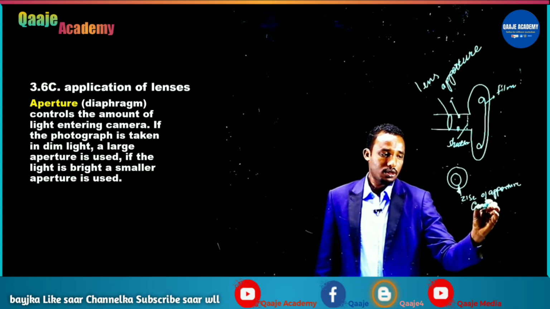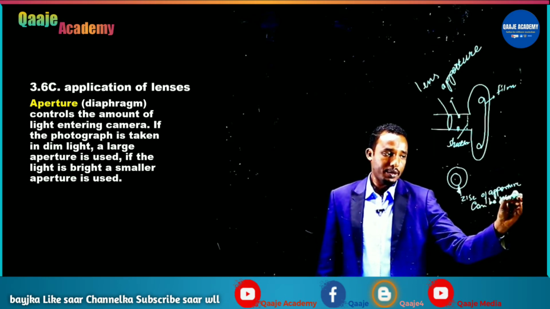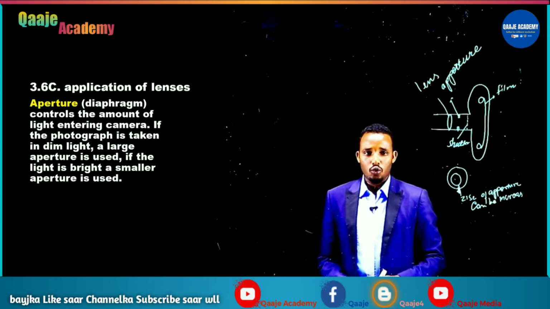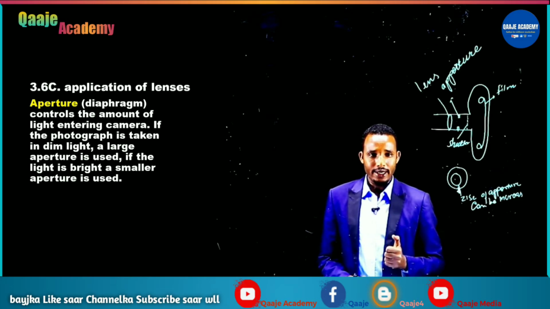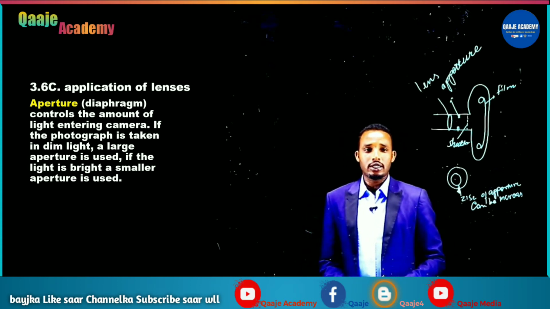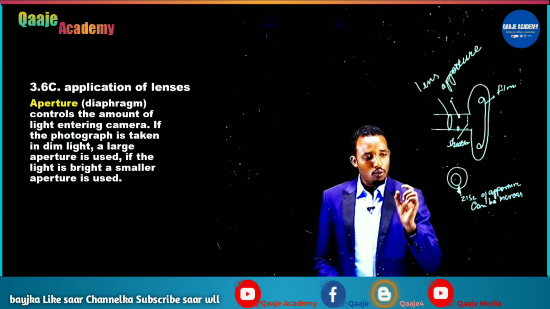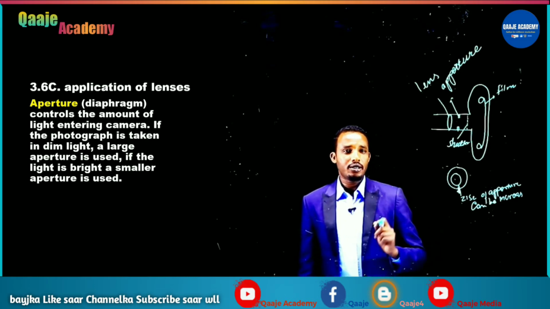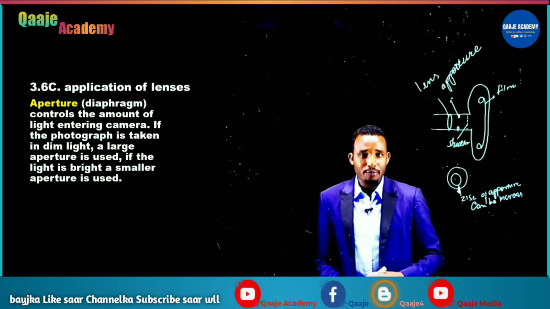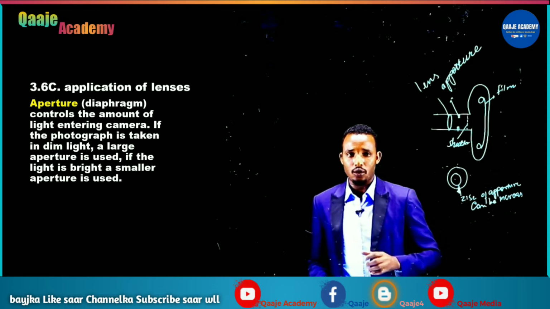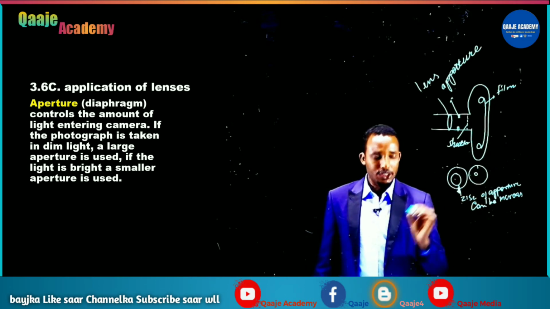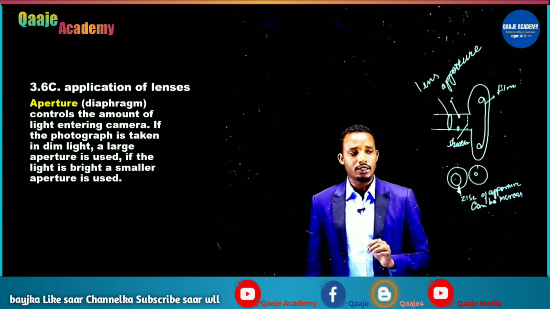okay size of the aperture can be increased, waa la badinayaa. okay wuxuu leeyahay scale buu marker on it ku qoran oo tusaale ahaan laga kordhin karo lagana yarayn karo oo laga maamuli karo bay leedahay kamaradu aperture daloolka. numbers usually it is expressed in f numbers. if the light is bright a smaller aperture is used. haddii meel iftiin badan oo iftiinku uu ku badan yahay la qaado la rabo in sawirka laga qaado, the size of the aperture is decreased so that it let is small amount of light